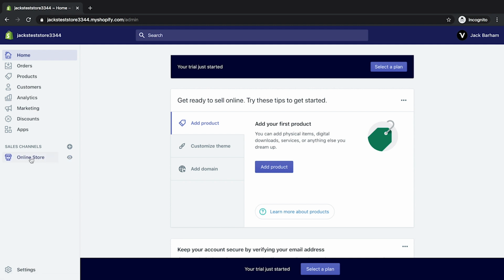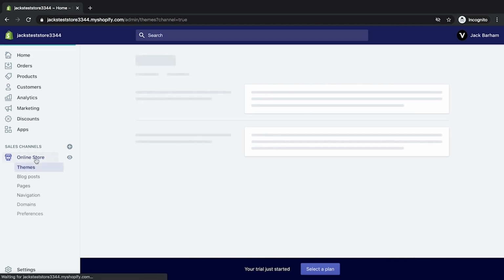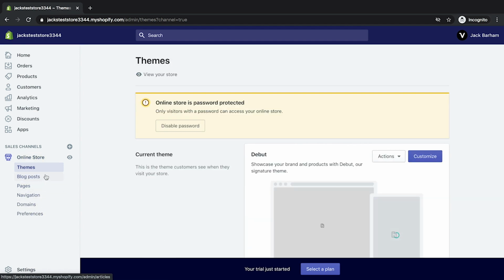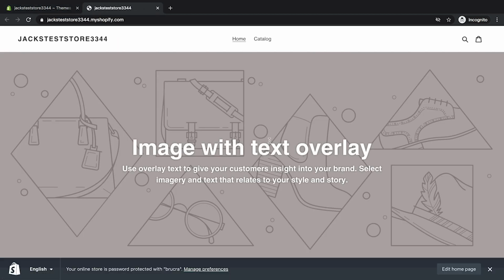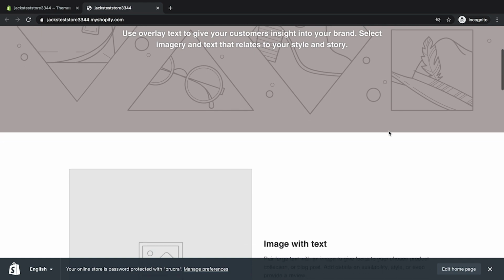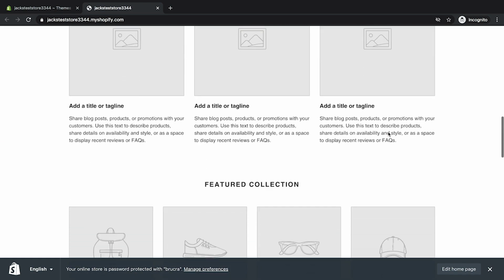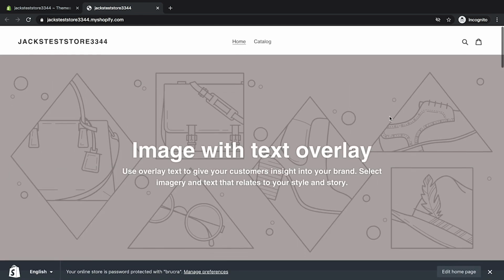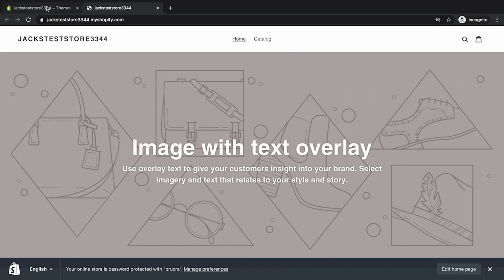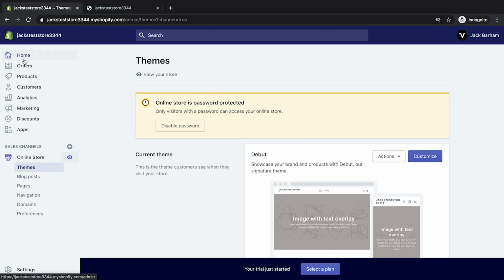So click on here, the online store. If you click on here, it will give you everything that you need to deal with actually with your online store here. Click on here and you can actually view your store. You have to be logged in to see this. So they've put in some demo content for you. This is just to show you what options you have using the standard theme that you get when you set up. Okay, I'm going to walk you through all of these parts here, but so you know,